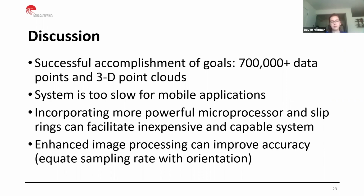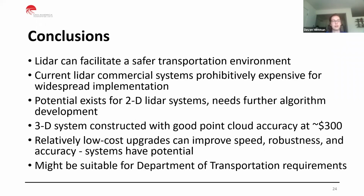Additionally, by increasing the image processing power, we could improve accuracy if you equate the sampling rate with the orientation of the system as a whole. And finally, we were able to decide that LiDAR does have the ability to safely influence transportation by allowing a bike rider to use blind spot detection, to map roads in more detail, and anything else that a transportation